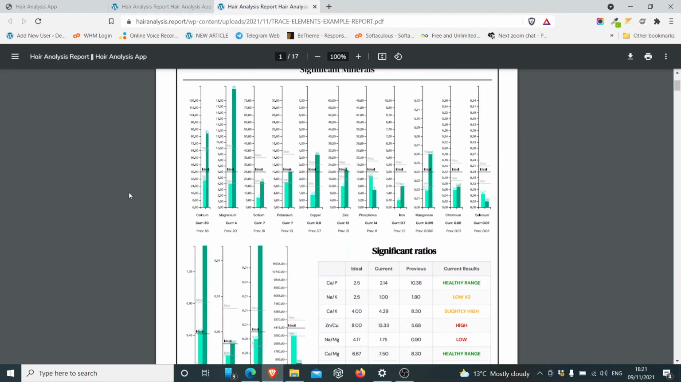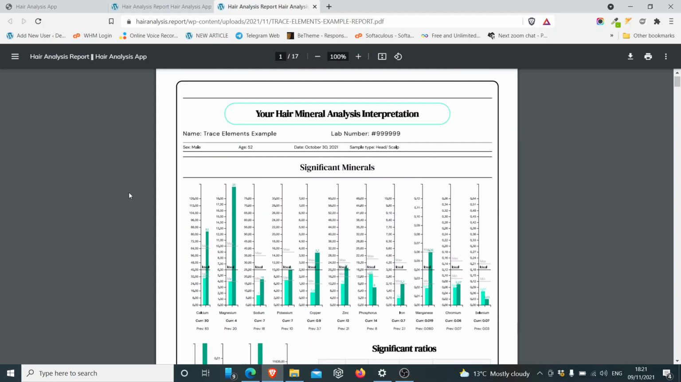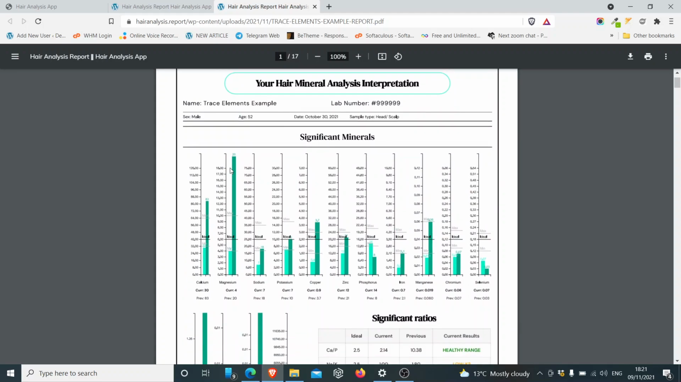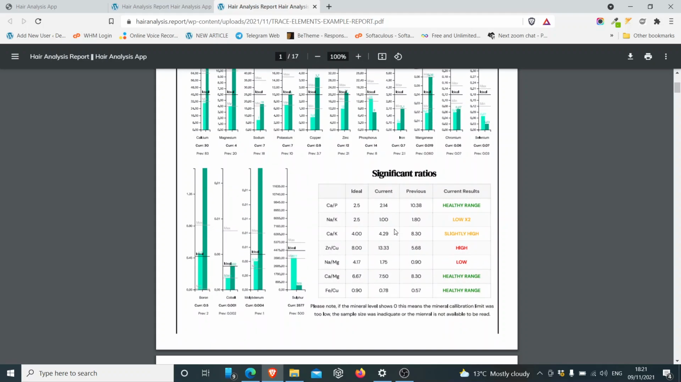So here's an example of a trace elements report. As you can see, you've got the current results in sort of light cyan and the darker ones in sort of a dark green. Got all the significant ratios, but what I've done is I've updated them so you can actually see if they're healthy or high or low or in a healthy range. So you even got quantitative numbers, so it will tell you if your NAK is ×2, ×3, ×4 low or high, etc. So this is, in my opinion, an upgrade from the